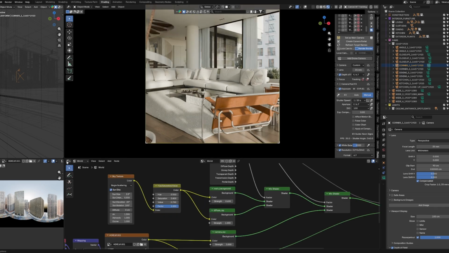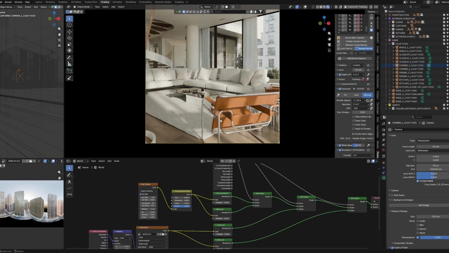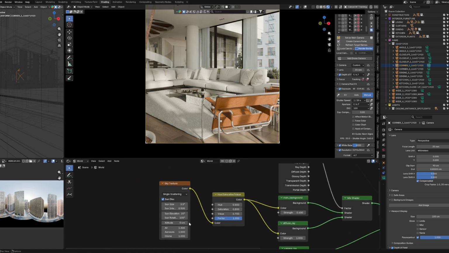So this is the scene, and if we go to the shader editor and switch to the world tab, then we can see the entire lighting setup right here. In this case I'm not using anything else but the sky texture. Sky texture is the main and the only light source in this scene. And because I'm aiming for this kind of golden hour look, late afternoon, maybe early evening, with these nice